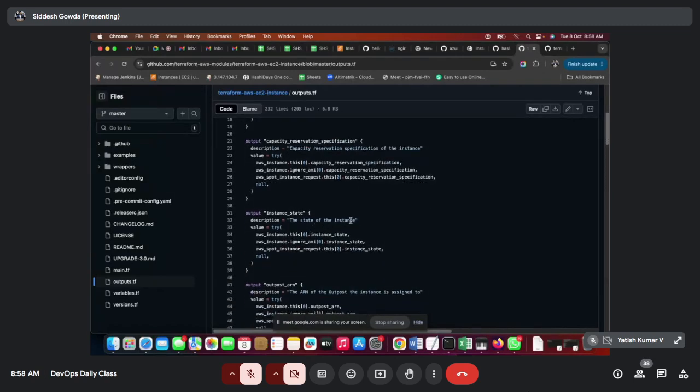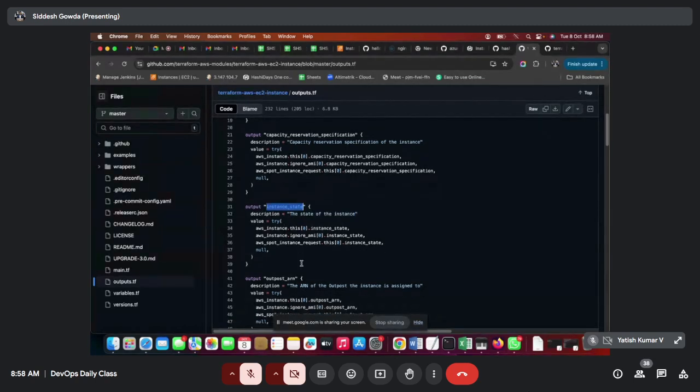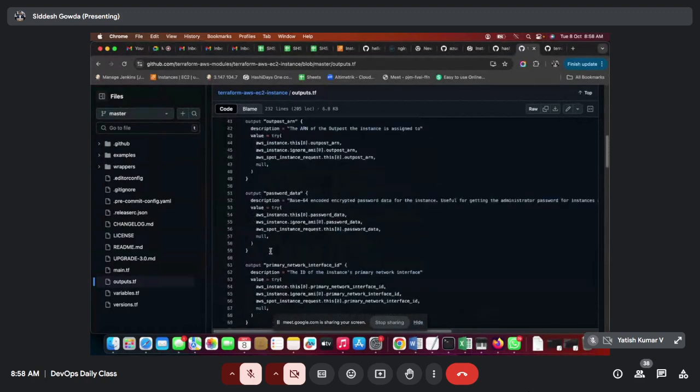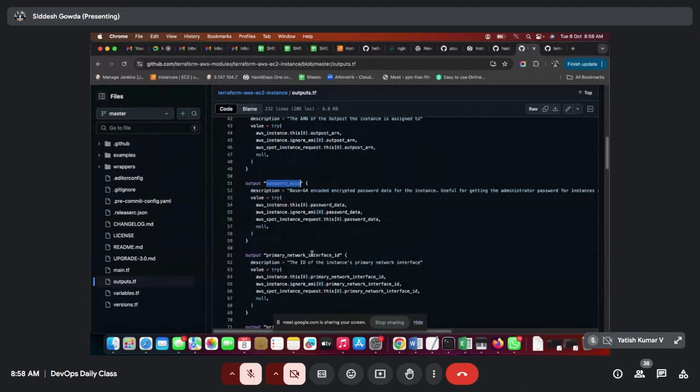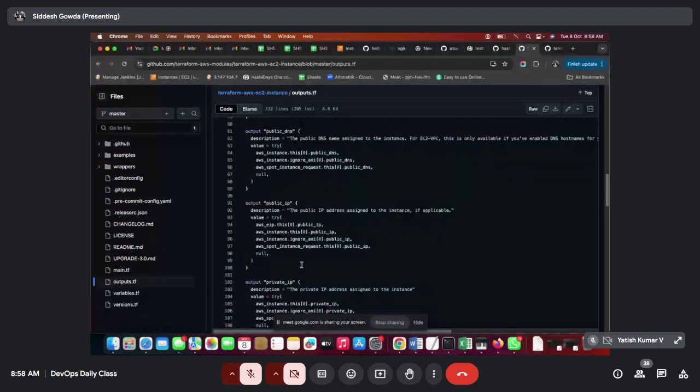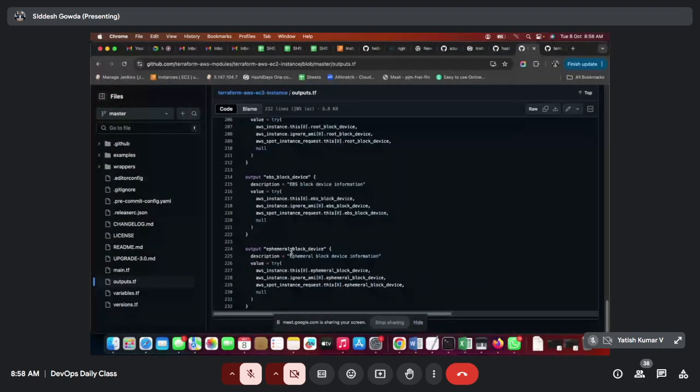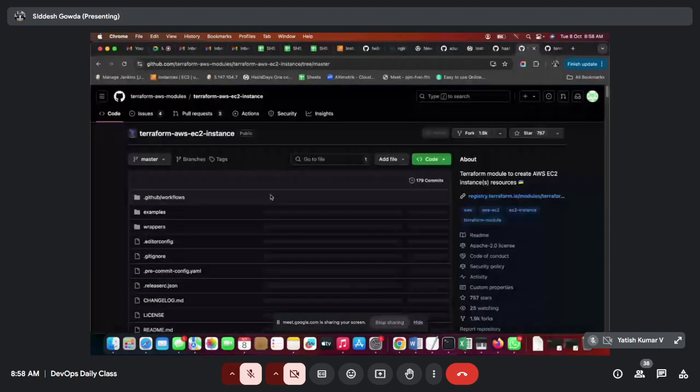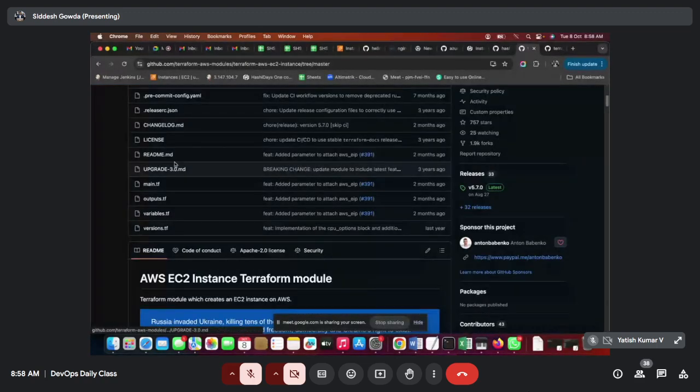The state of the instance, that is also important, right? That is also one of the outputs. Instance state, password data. So in this way, outputs we can collect from the outputs.tf file. Clear with this? In this way we can use these four files